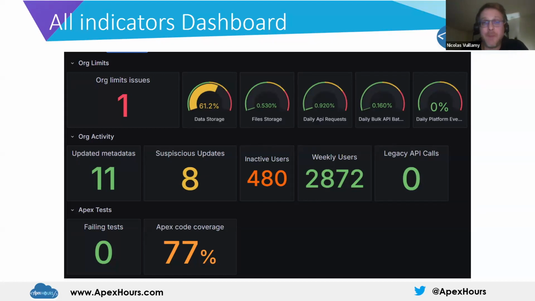So SFDX Hardis monitoring has been coupled with a tool named Grafana. Grafana is, again, an open source tool, but as we are lazy, we prefer to use the free tier. Basically, for 3 users, it is totally free to use the free tier and to set up what I will show you today, and I am already showing you on the slide. And so in such a dashboard,